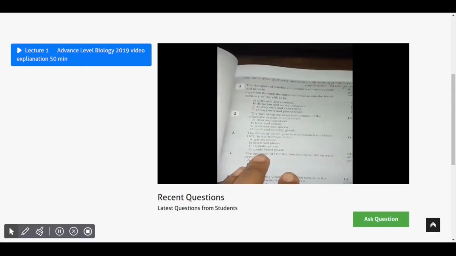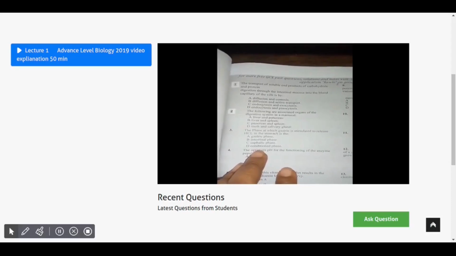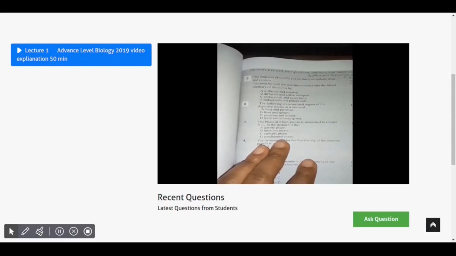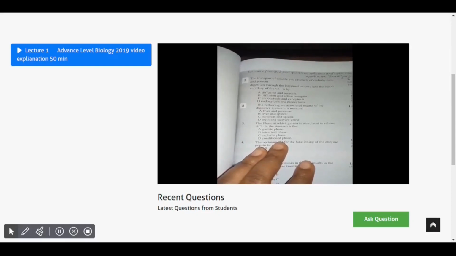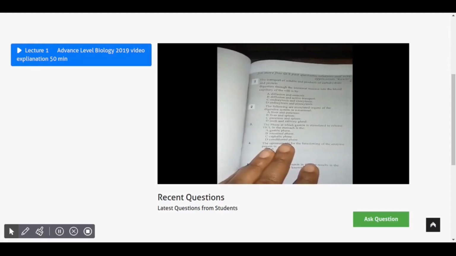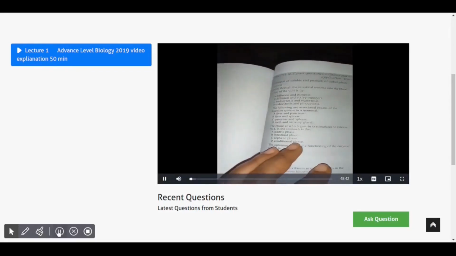The transport of soluble end products of carbohydrate and protein digestion through the intestinal mucosa into the blood capillary of the villi is by A. Diffusional osmosis, B. Diffusional active transport, C. Endocytosis and exocytosis, D. Endocytosis and pinocytosis. The correct answer here is